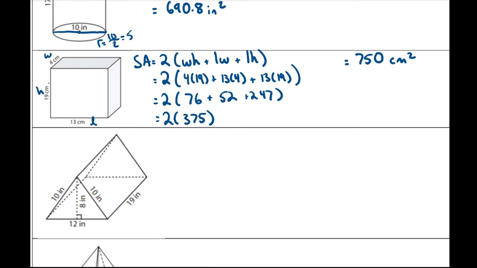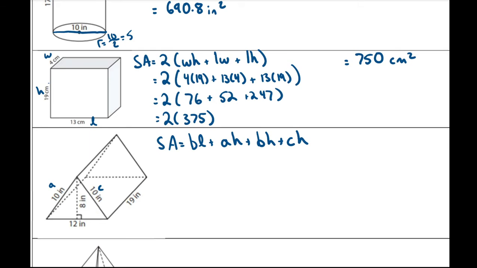For our triangular prism, again, the overall formula for this surface area will equal base times length plus A times H plus base times height plus C times H. So a lot of different letters here, and this is where it's going to be very helpful to look back at your actual formula page and look at the actual measurements to figure out what each letter represents. So if I look at my measurements, B refers to the height of the triangle, A and C refers to the 2 diagonals of my triangle,